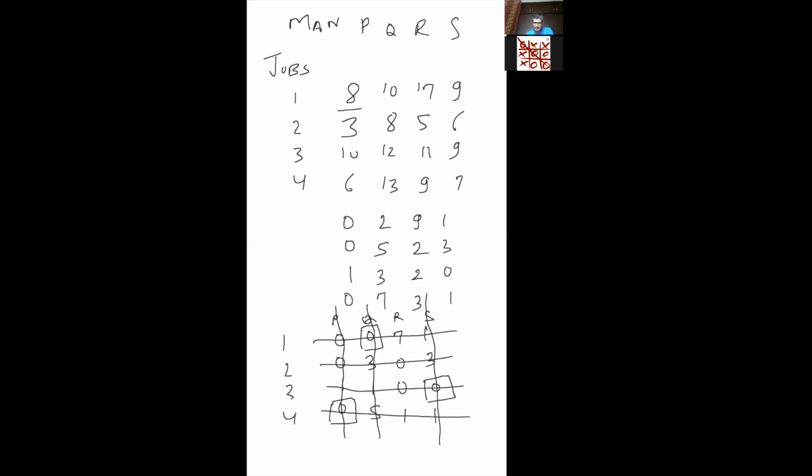Now you have to repeat the process. Okay, so go row wise first and then go column wise. Again, first row no unique 0, second row no unique 0, third row you still have one unique, sorry, in second row you have one unique 0 which has not been allocated, right? So this is also done. Okay, so what does this mean? This means that you have unique zeros in each row and column and you have made the assignment. So person P gets job 4, person Q gets job 1, person R gets job 2, person S gets job 3.